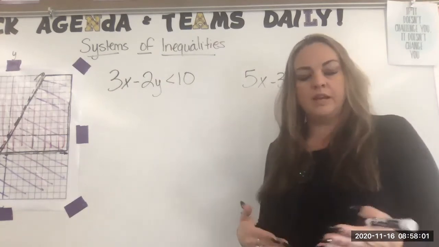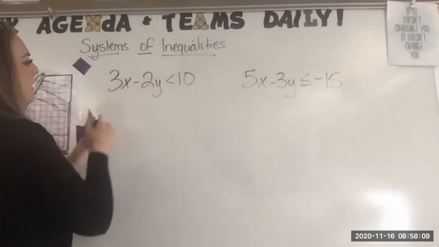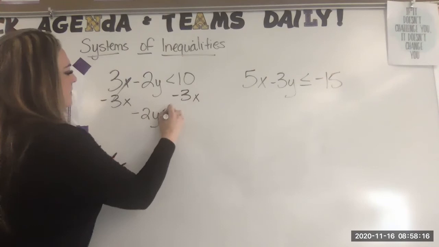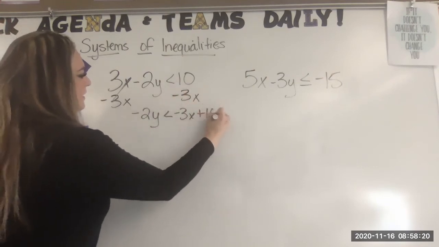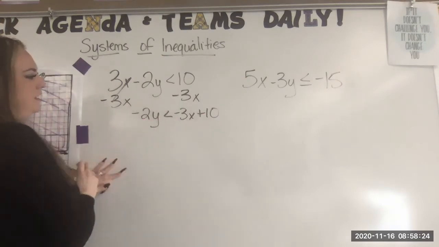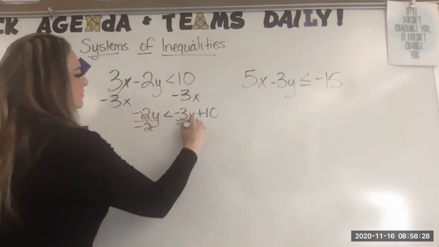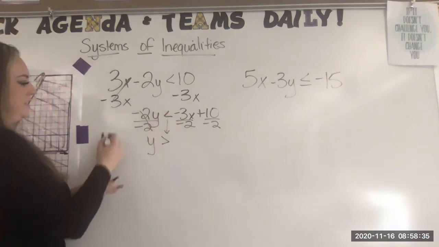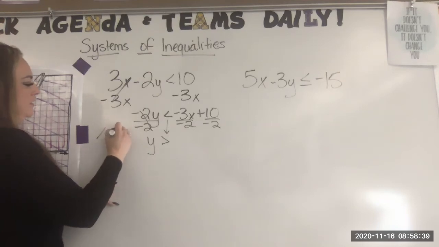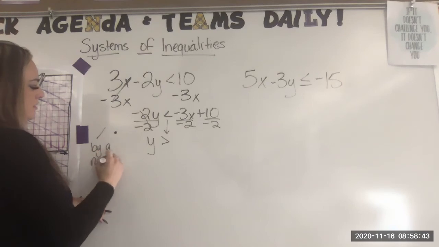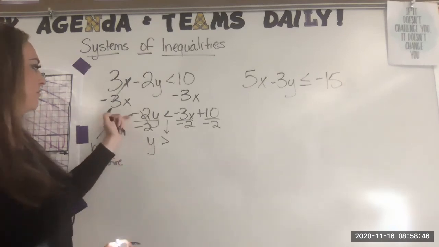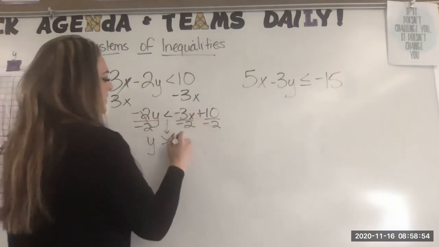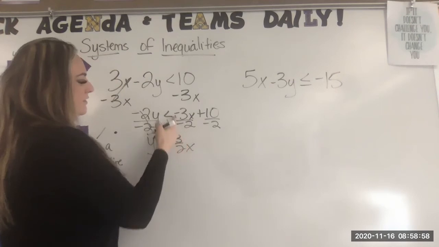So let's look at the first one. We want to get y by itself. We're going to subtract 3x from both sides. -2y is less than -3x plus 10. Now we need to divide everything by -2. And we get y is greater than, right? Remember, we have to flip when we divide or multiply by a negative. When we're solving inequalities, that means that we're now flipping the order. We're doing the opposite. So we need to flip the symbol around. This becomes 3/2 x, negative divided by negative gives positive, and then